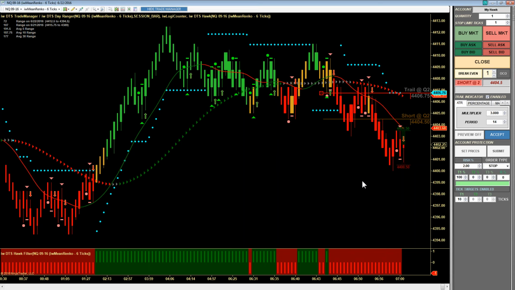And if there's other charts that you guys would like to see, I tend to trade the NASDAQ quite a bit, but if there's E-mini traders in the room or gold or soybeans or